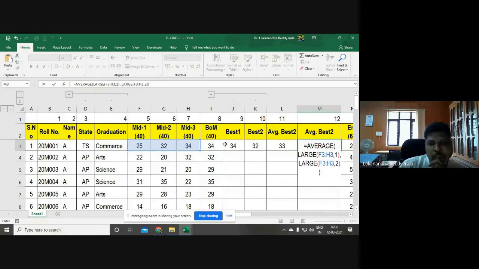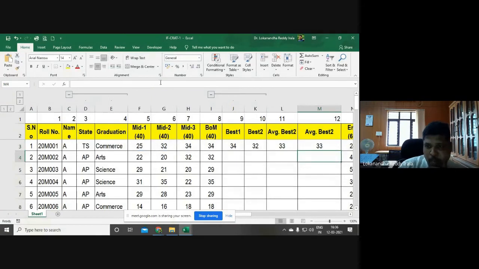So instead of calculating the first best and second best separately in two different cells, I have put that as part of the formula. So the formula looks a little lengthier, but you would be saving, let us say, 2 columns.